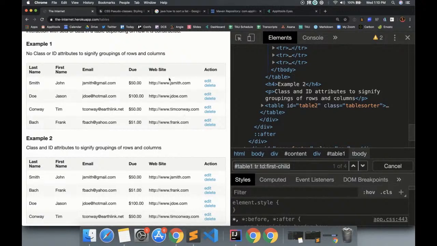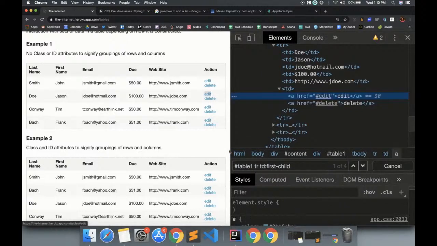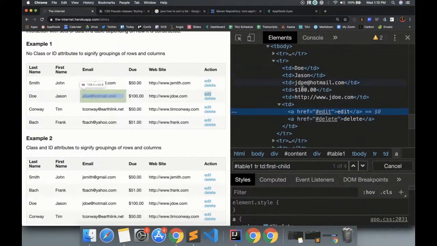All right, let's talk about going beyond verification. What if I wanted to edit Jason Doe here? If I look at this one, of course, there are no IDs or anything like that. So if I just say find me the thing that says edit, I have 8 of those on the page. How do I know which one's the right one? So I can use some CSS